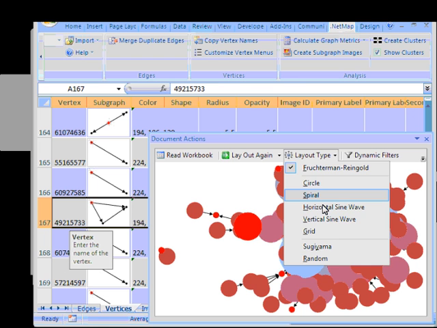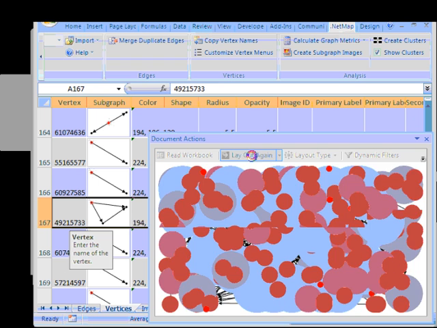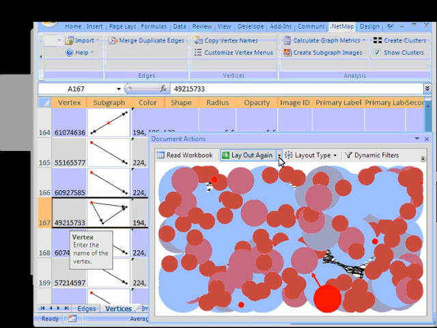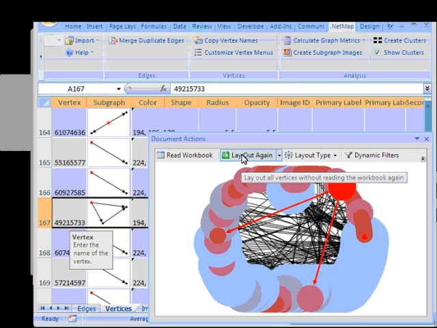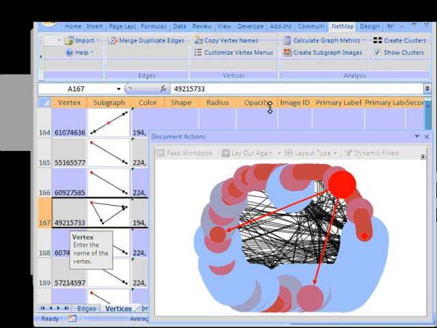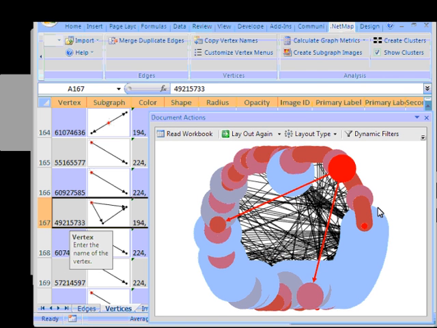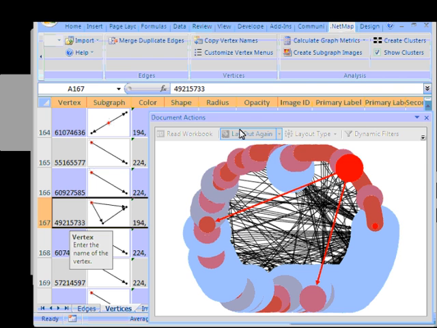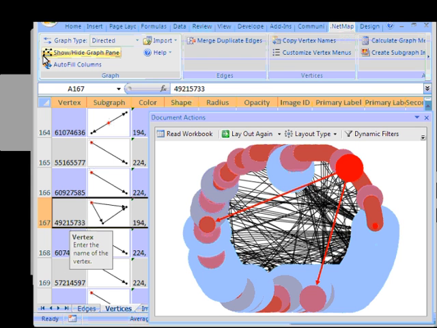They are right here. You may choose any of these. So if I were to choose random and then hit layout again, I would just get smoosh. But if I then wanted a circle, I could lay that out again and get a slightly more comprehensible, though not entirely comprehensible graph. So it still remains the case that we have to invest a good deal of manipulation of the graph to make it comprehensible, but I believe that the tools for doing so are now under your mouse pointer rather than in a development environment requiring coding.